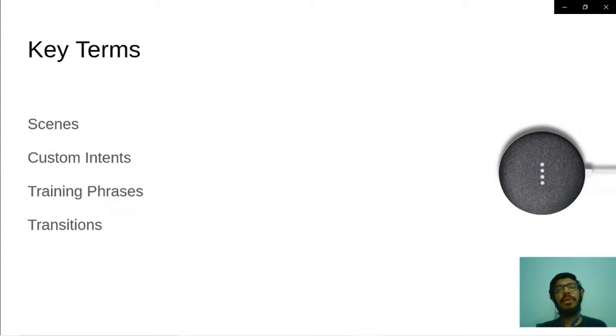System intents are intents which are helpful in designing the conversation. For example, let's say the conversation is going between the user and your action, and out of nowhere the user says help or exit, then appropriate intents are invoked and appropriate actions are taken.